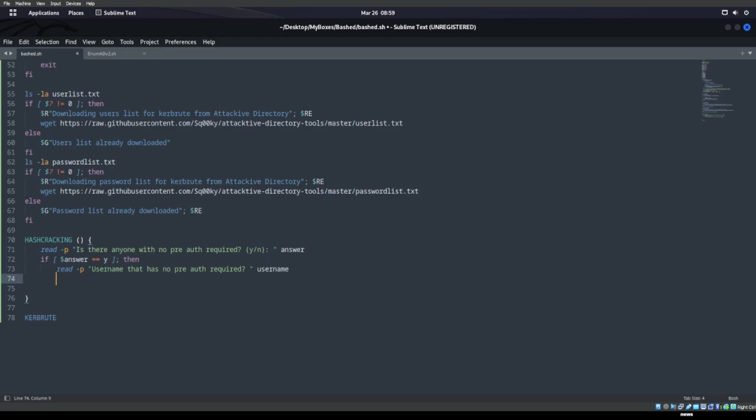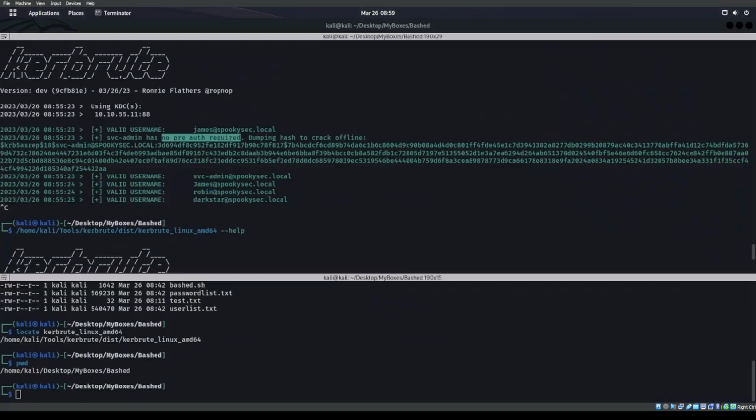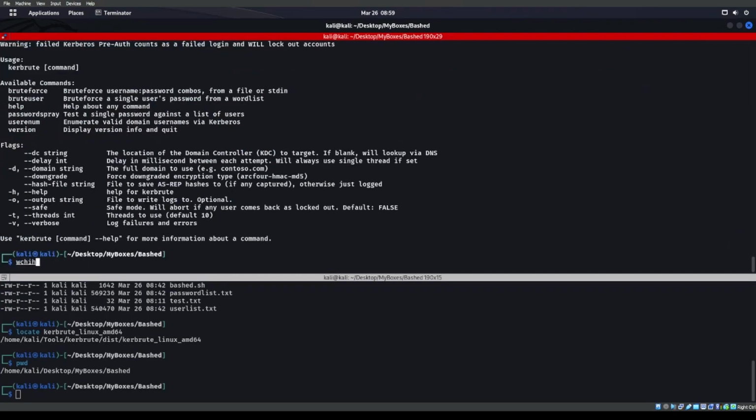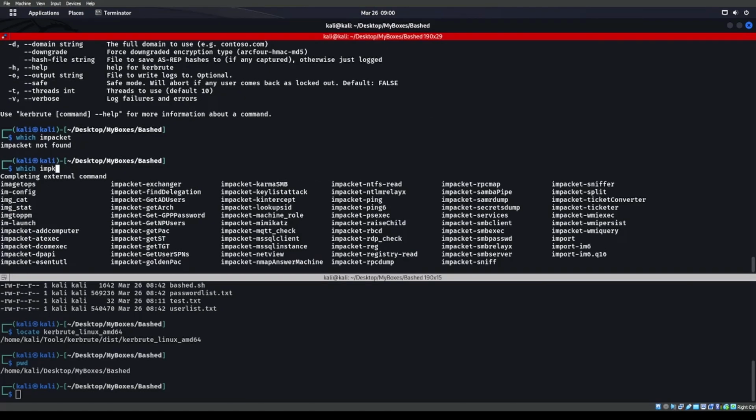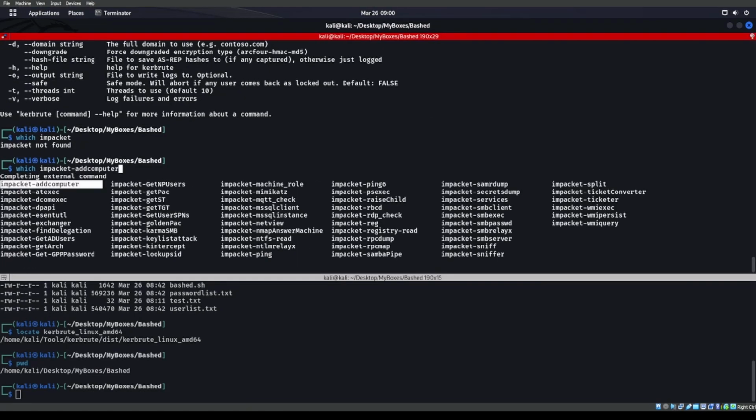All right, username. So if the answer equals yes, then it's going to ask for a username, and then it's going to go ahead and look for impacket, right? Now for impacket, that's kind of weird because I don't think we just do a which impacket. Okay, but we can do a which impacket, and then we can look for an actual thing, right? So we can just say like which impacket. We can actually say